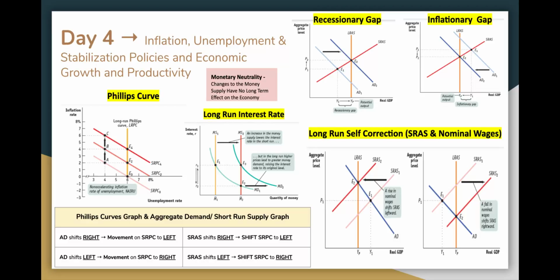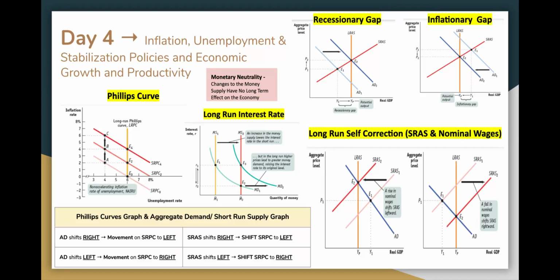Looking at the bottom left of your screen, at that table that I put in there for you, if the aggregate demand curve shifts to the right, that means that the curve's not changing, but there is going to be a movement to the left. So here, it might go from E4 to C, if this was the short run Phillips curve that we're taking a look at. If AD shifts to the left, maybe there's some fiscal or monetary policy that shifts the aggregate demand curve to the left, that means that the short run Phillips curve is going to have movement to the right. So maybe it goes from C to E4.